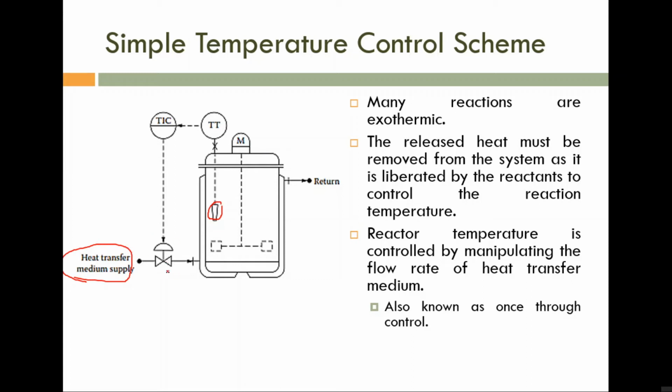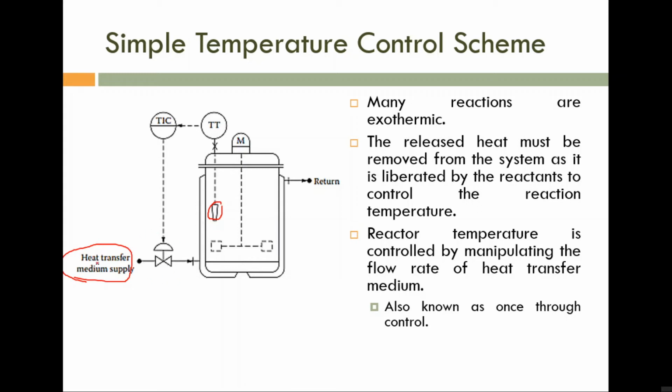So if there is no control signal, meaning the control signal has failed, and you are using a fail-closed valve, definitely the valve is closed. Why are we using a heat transfer medium? Because this is an exothermic reaction, and the exothermic reaction is continuously increasing the reactor temperature. The process is continuously going on, but due to some reason the control signal has failed. If you are using a fail-closed, normally closed valve, this valve is closed.